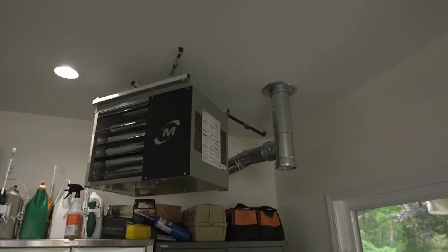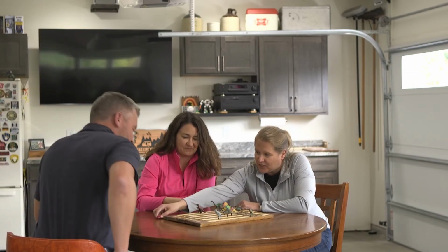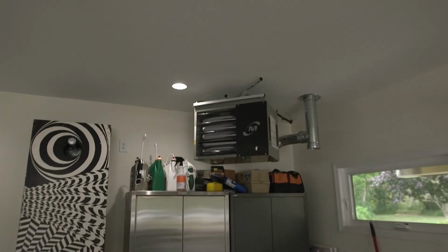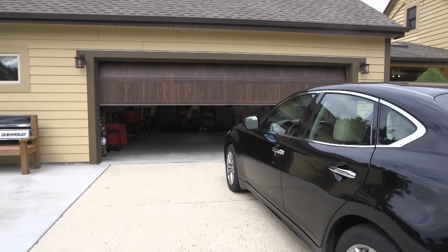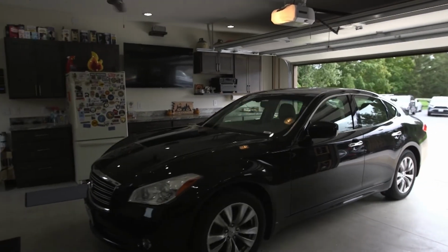The quality of our products, built, manufactured and assembled in the USA, is a huge selling point for these units. The homeowners that we have for these, like Dan and Kimberly, are going to put this unit in, and ultimately it's going to sit in the ceiling for 20 plus years. The Hot Dawg has been amazing for us. The ease of operation and just its functionality of creating a much larger space where we spend a lot more family time. To learn more about the Hot Dawg and Modine's heating solutions to make an unlivable space in your home come to life, visit